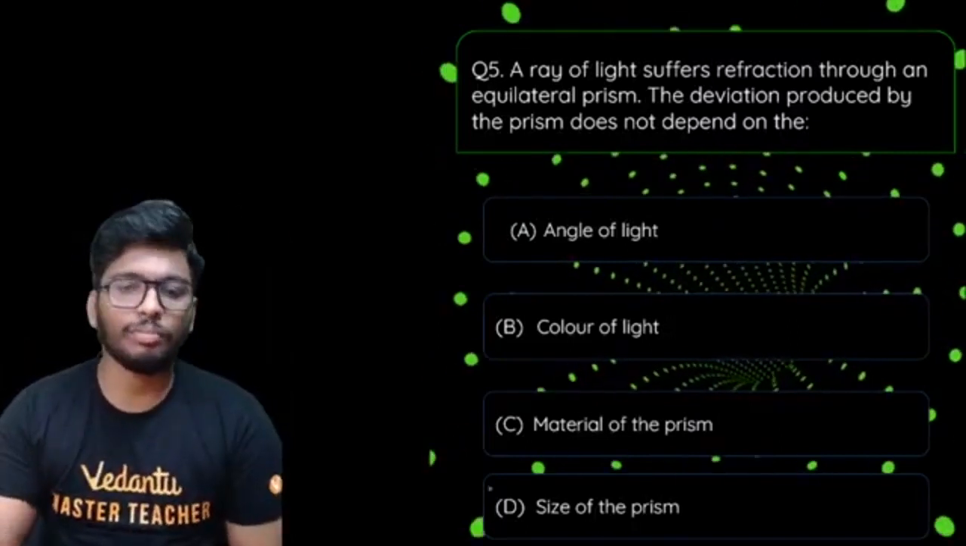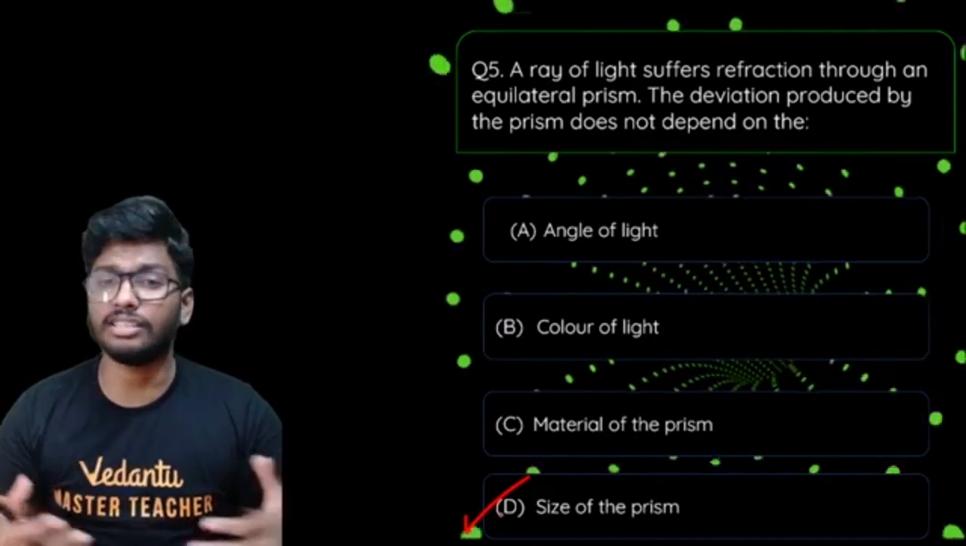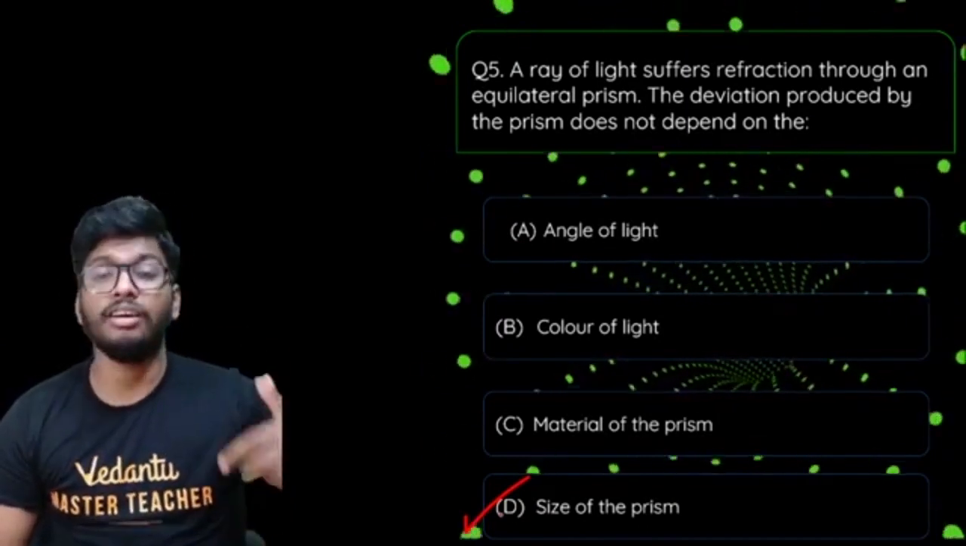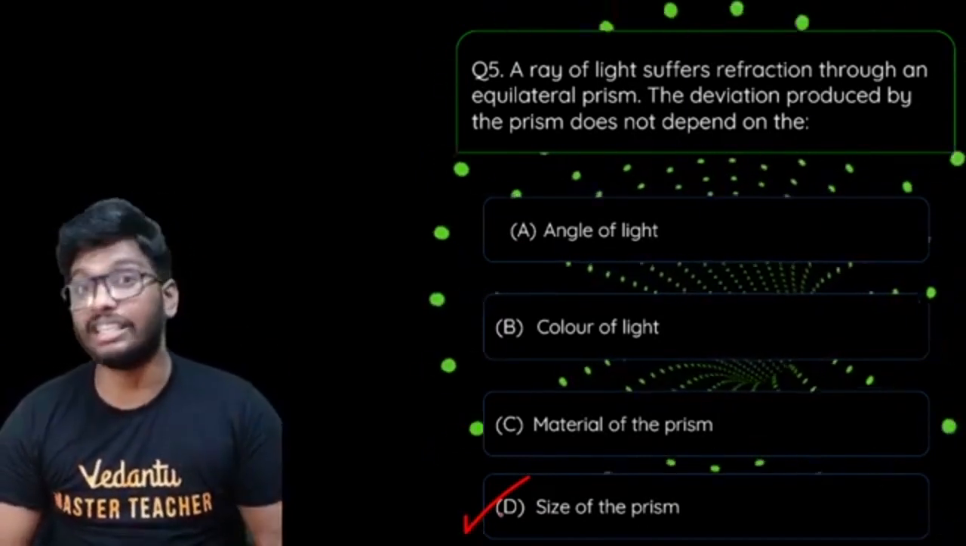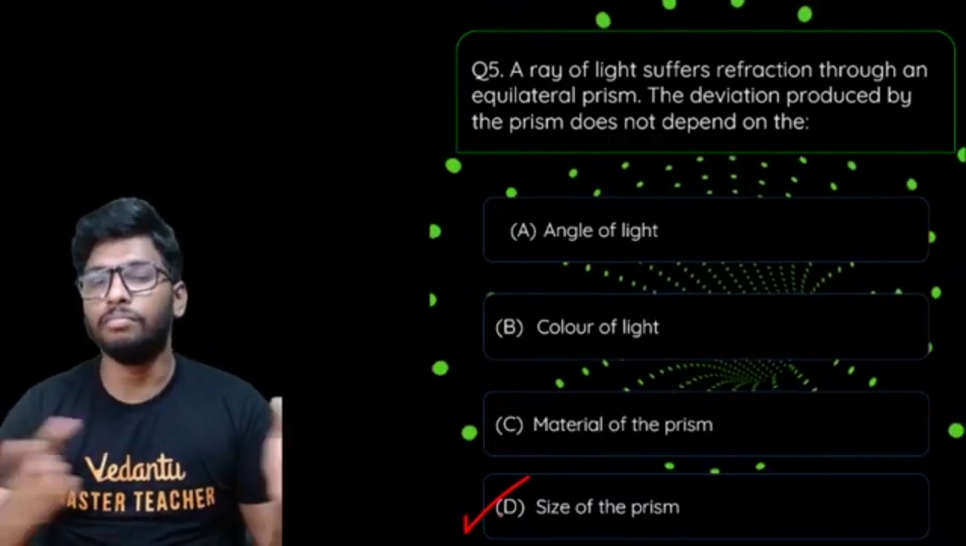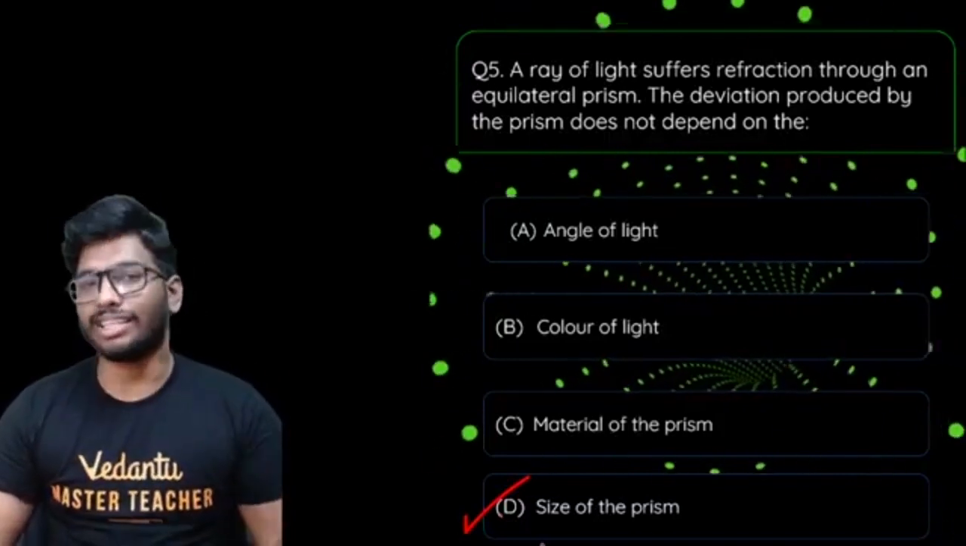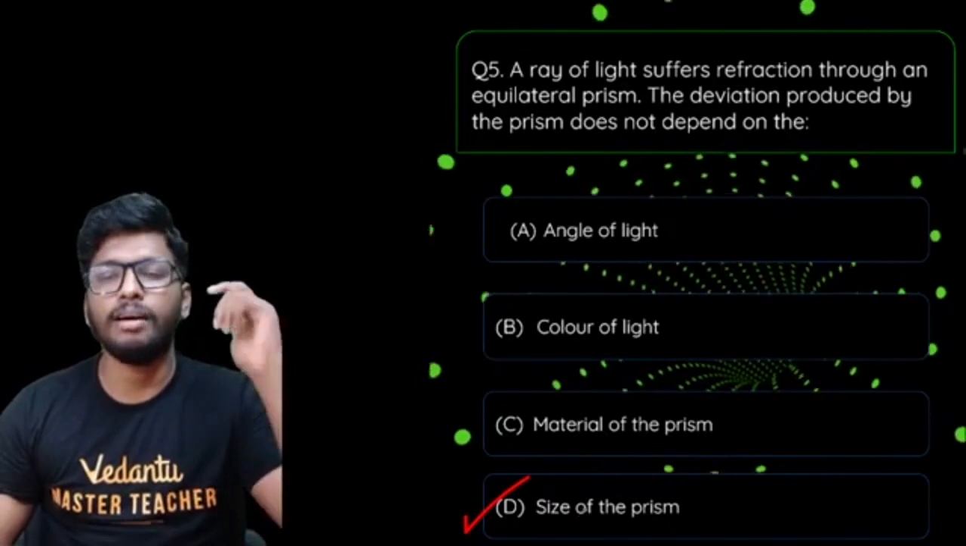And the answer to this question would be definitely option number D. That is the size of the prism. It does not depend on the size. It does depend on the incident ray, the color, the wavelength of the light, and definitely the material of the prism. You saw that if the refractive index is more, the deviation is going to be more, because obviously the light travels a lot slower in that. And so yes, it depends on the material as well. But size,